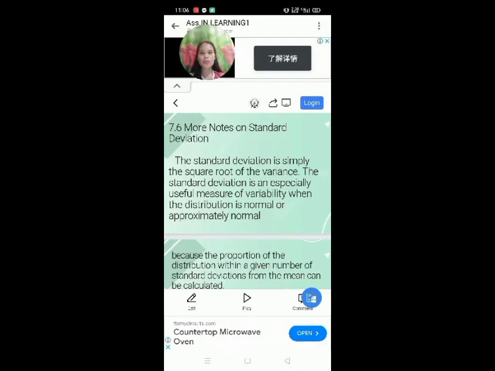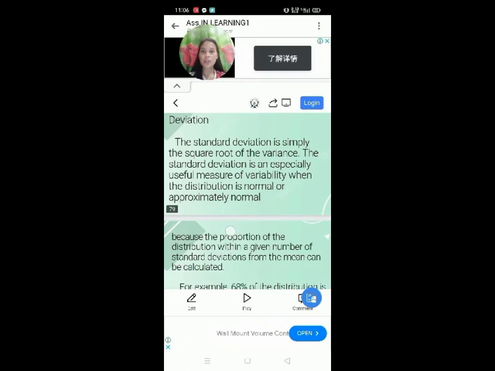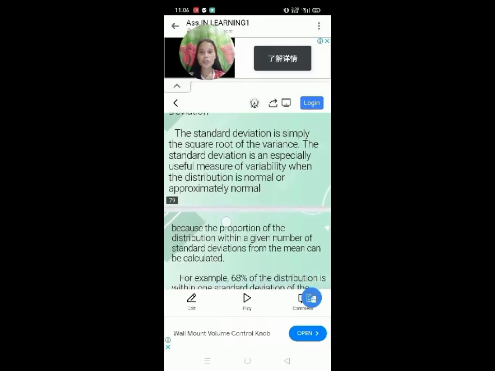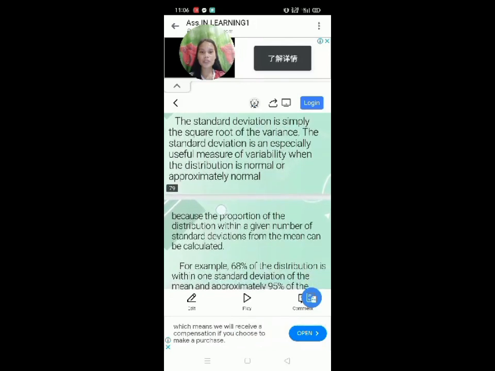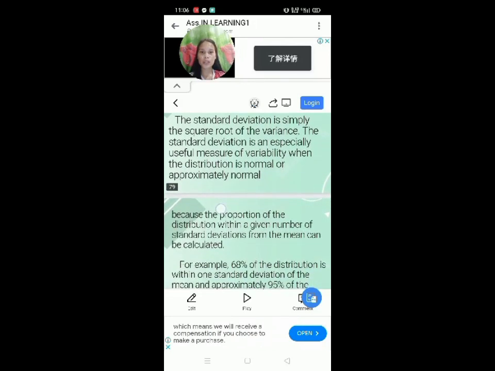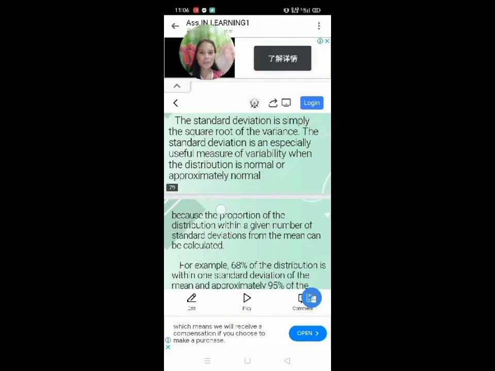More notes on standard deviation. The standard deviation is simply the square root of the variance. The standard deviation is an especially useful measure of variability when the distribution is normal or